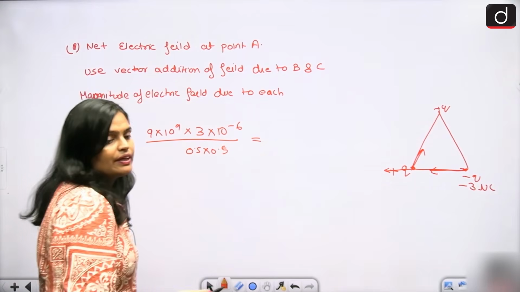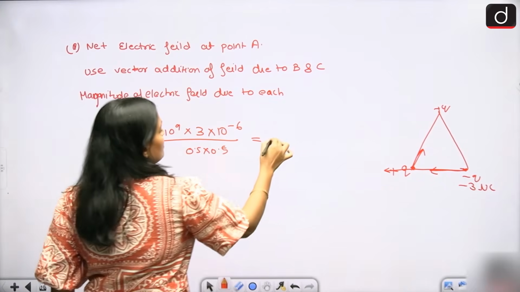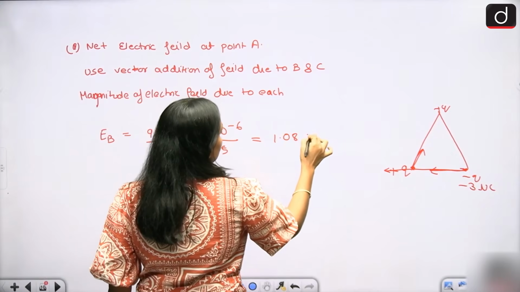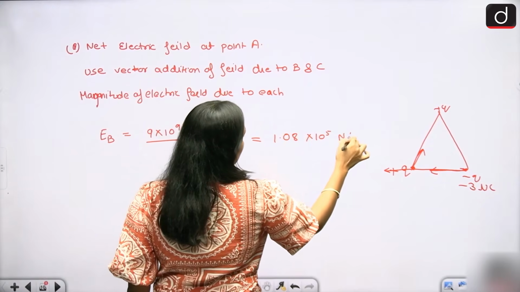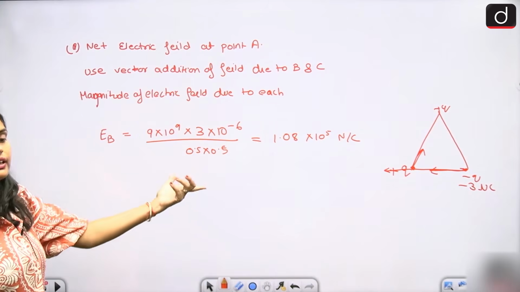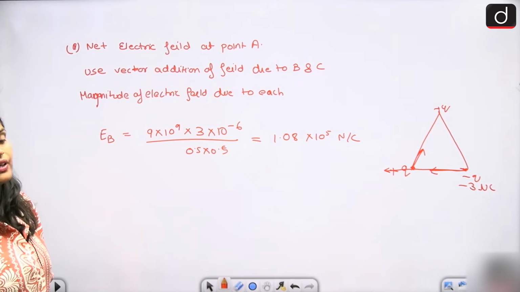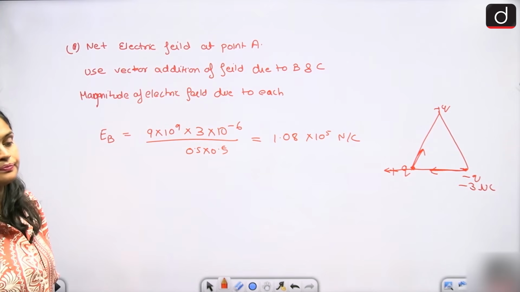So ultimately when you calculate, you will get 1.08 into 10 to the power 5 Newton per Coulomb. Just solve it by yourself. ठीक है, एक बार खुद से सॉल्व करके देखना, you will get the same thing, and it is towards B. All right, then